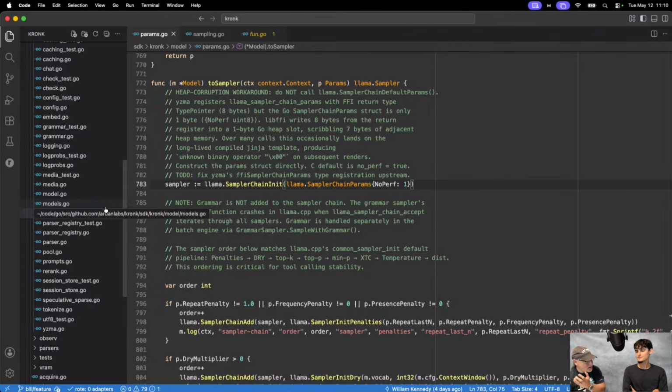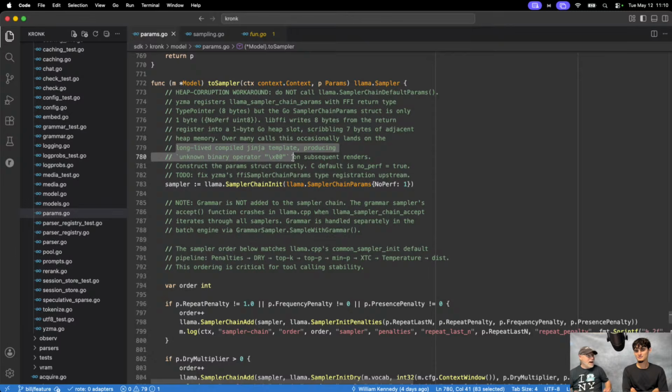Okay, so I knew by basically 1:30 that this is what we had in front of us. I had some function writing into where the long-lived compiled template was. I didn't know when it was happening. I didn't know who was doing it, but for sure something was corrupting this, right? And luckily, the code behaved exactly the same on Ed's M4 as it did on this M5. If he was running Linux or something else, this would have shown itself maybe a little differently.